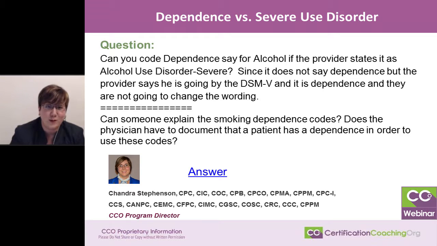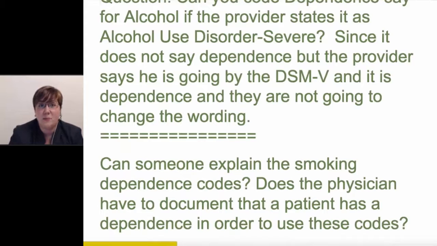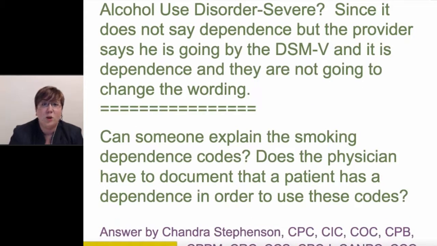Okay, so that was the first question, and this is actually a two-parter, because the second question that we received says, can someone explain the smoking dependence codes? Does the physician have to document that a patient is dependent in order to use these codes? Some of you are probably going, okay, the first one's on alcohol, the second one's on smoking. Why are you combining these two? Well, they're both all about dependence and how we define dependence in order to be able to code for the